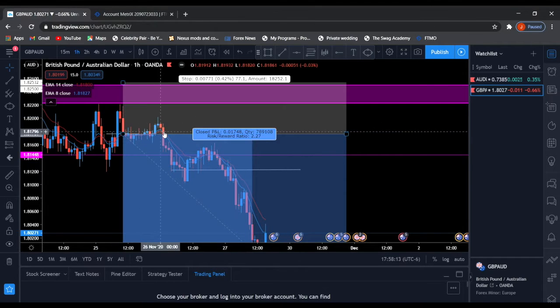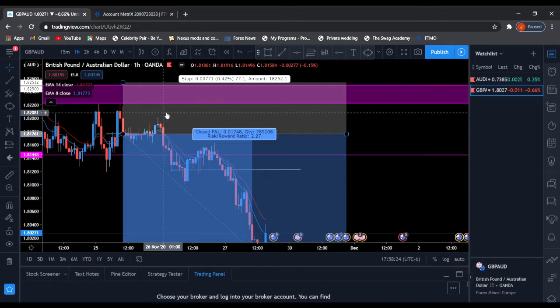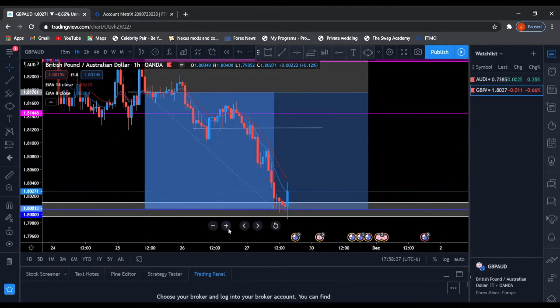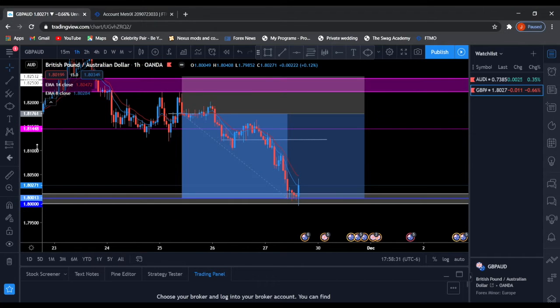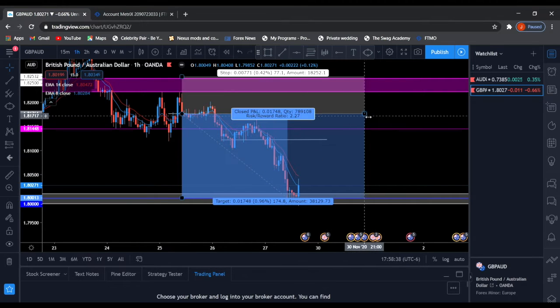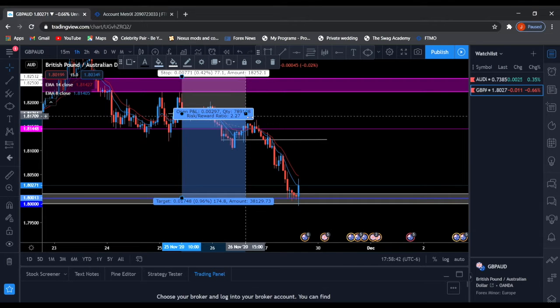Continuated, started consolidating though, and then once you see the red cross over the blue, you could have entered right here. Had your stop loss above here, or above here, or even above here. So both entries would have been good, but I got a little bit of an earlier entry. So I was looking to enter